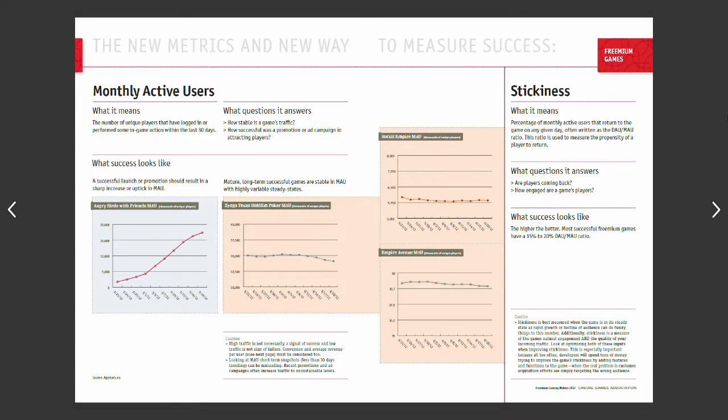Other metrics are used to measure engagement levels of a game, such as monthly active users (MAU) and stickiness. MAU shows the rate at which new players are playing the game monthly. Stickiness measures the percentage of players which return on any given day. This can identify games where there's an imbalance between difficulty level and player skill levels.